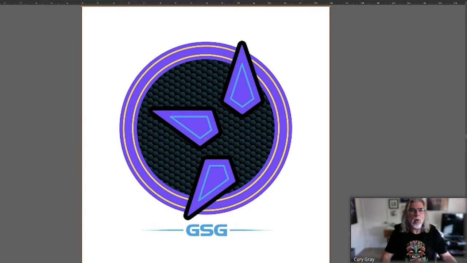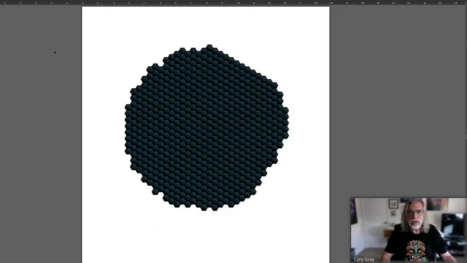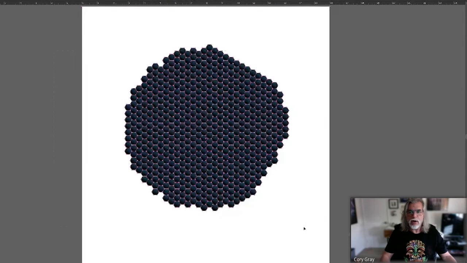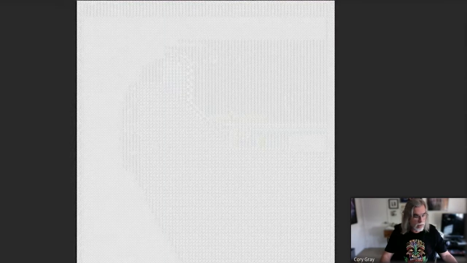I'm going to take them over one at a time. Here's the mesh. So we're just going to grab all that. I'm selecting both the mesh and the box. You can see it highlighted here. I'm going to copy it, go over to Photoshop, and paste it. It's going to give me the option